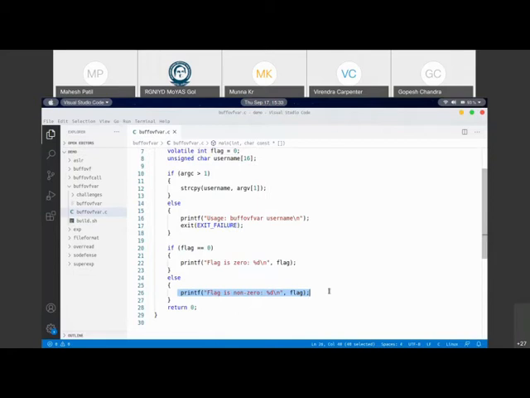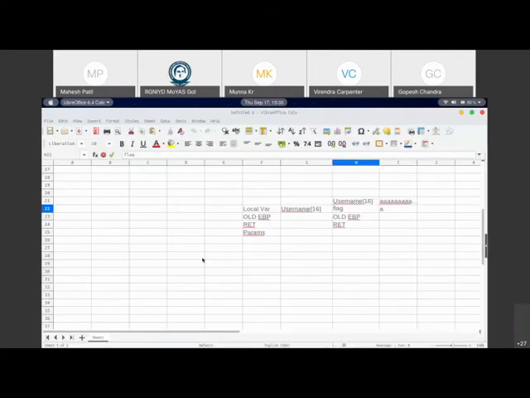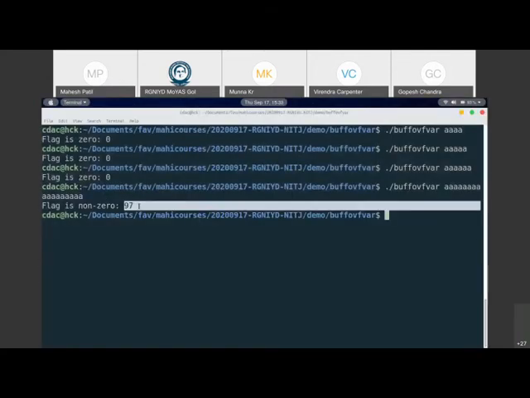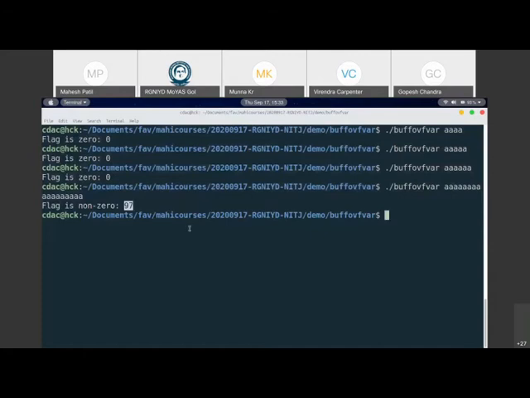And any guesses why the flag value was printed as 97? If you understand the way the information is stored, we have passed the character A, and the decimal equivalent of the character A is nothing but 97.